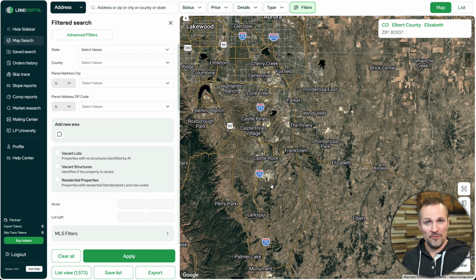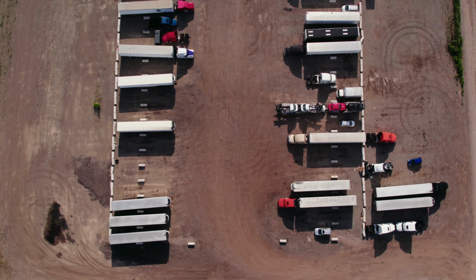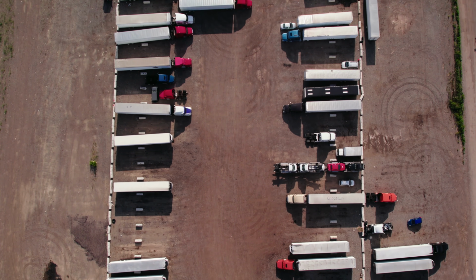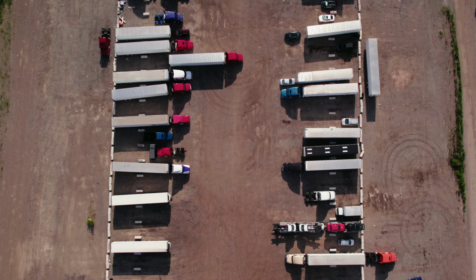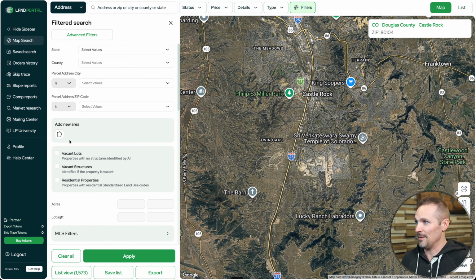Or what if you're looking for properties that you could put an outdoor billboard on and you want all that traffic visibility to be able to see it driving by it every day. Even if it's not on the highway, just being near it is a huge asset for many different businesses. And you could do that pretty easily. Just zoom in on whatever highway you're interested in. It could be multiple highways. I've done this before when I was looking for semi-truck parking properties that I could either acquire or just change the use to that. All you got to do is zoom in on these highways and grab the lasso tool